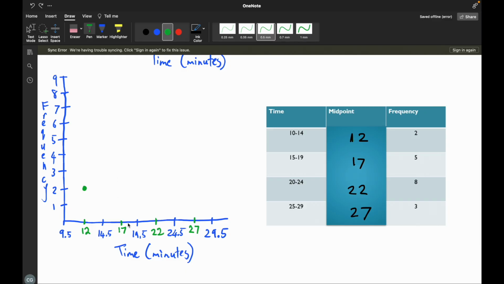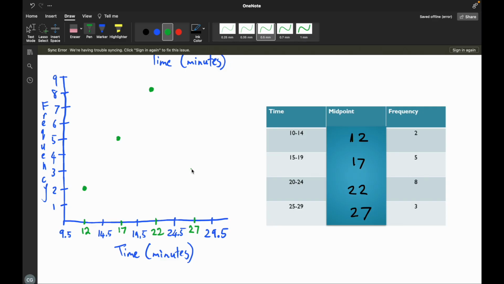For 17, what does 17 match with? Exactly. So 17 matches with 5. And then 22 matches with 8. So I go straight up to 8 with that one. And then 27 goes up to